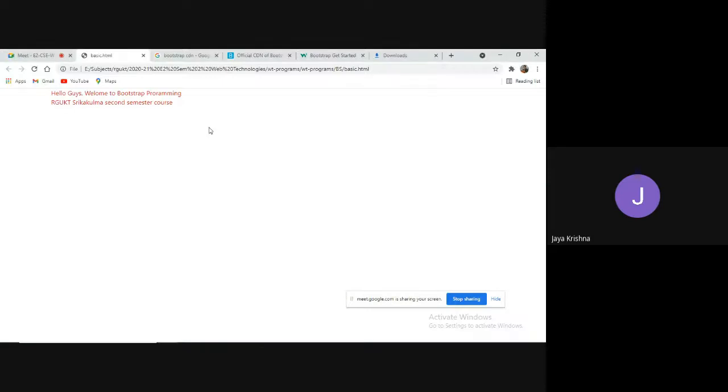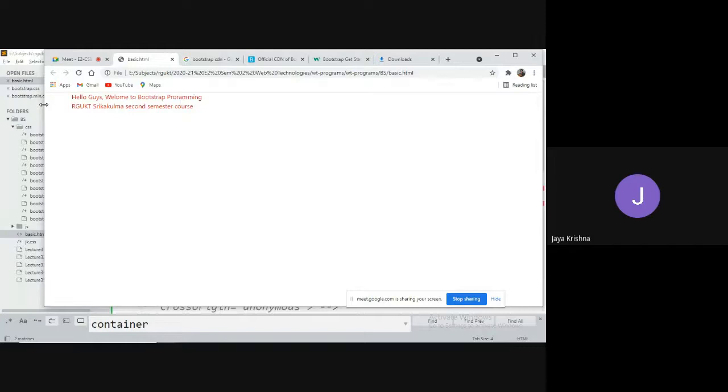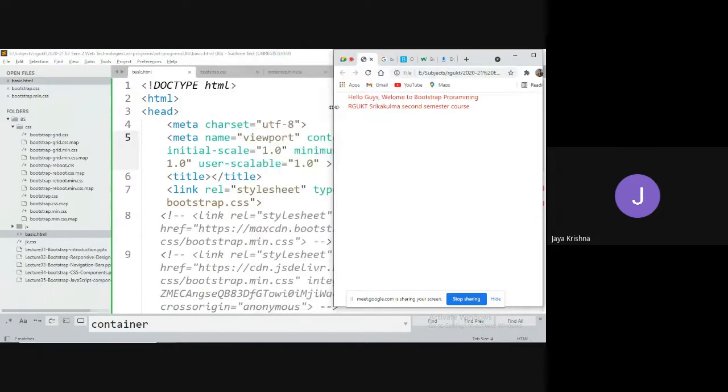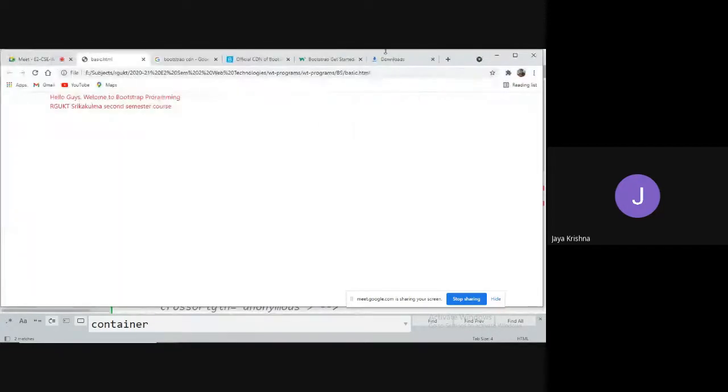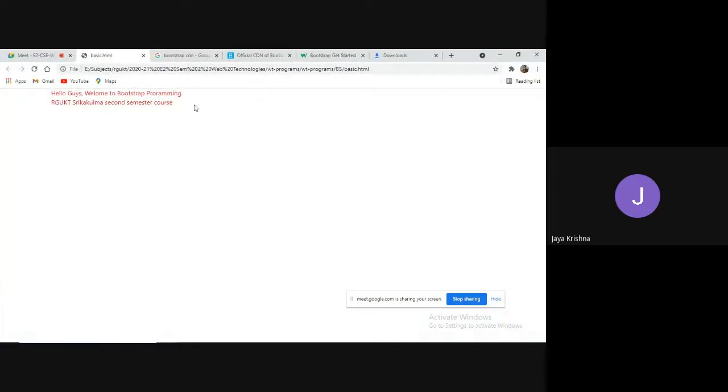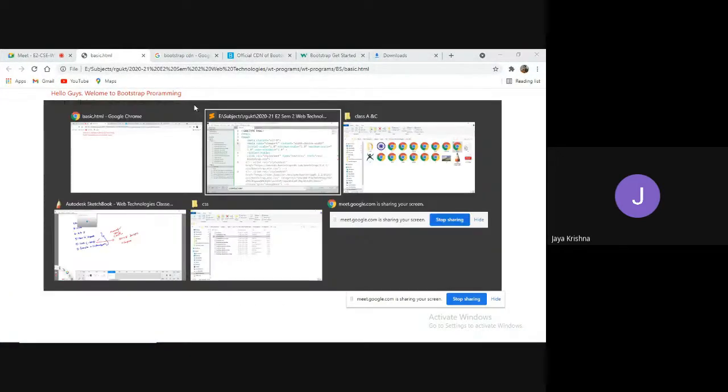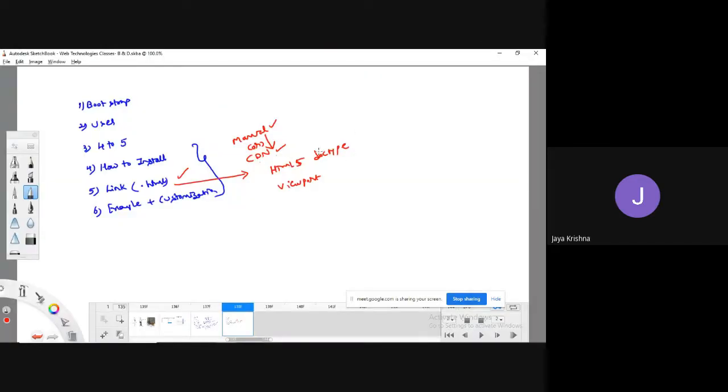If I go to the website and refresh, there is no change. If I minimize it, it will yield more responsiveness. See, observe. With the help of Bootstrap, responsiveness is yielded simply. But in normal HTML, responsiveness can be designed with various factors. For example, if I define in the form of percentages, we can get some kind of responsiveness. And then we have seen an example of customization.